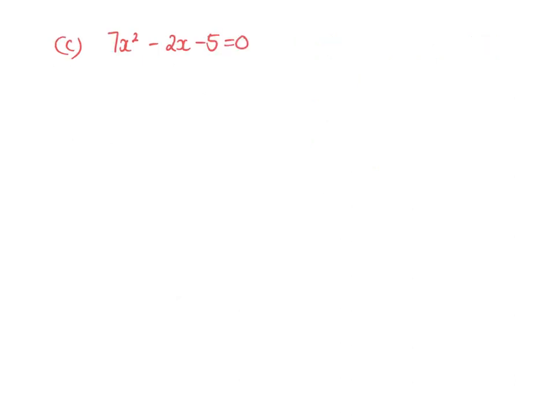Okay, just going to do one more, and if we have a look, we've got all the terms on one side and one side equaling 0, so I can go on to my next step. My next step is to look for common factors. There's no common factor and there's no patterns in there, so I'm going to try the cross method. Now this one is a little bit more challenging. So what are factors of 7x squared? So if I multiply 7x by x,